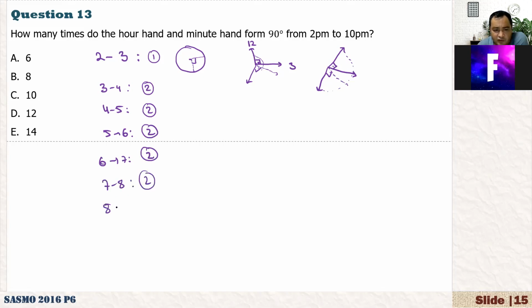And now when it is 8 to 9, you should be careful. When is 8 to 9, right? Let me just draw our clock here. 8 to 9 means here we have 9 o'clock and 12. This one is 9 and this one is 2. And here we have 9, 8, and this one is 12. So now it is moving, right? When it just comes here one time,